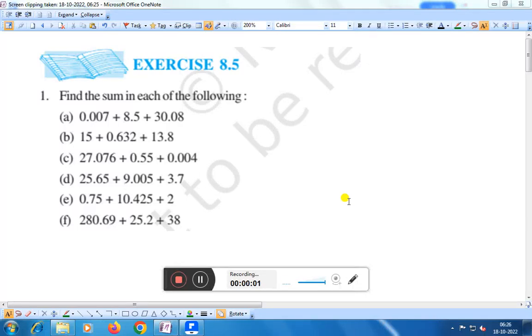Hello everyone. Today we shall discuss exercise 8.5 question number 1. Find the sum in each of the following. We will solve question number A. Question number A is